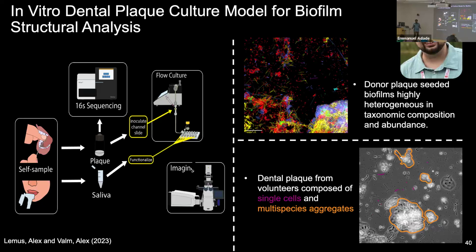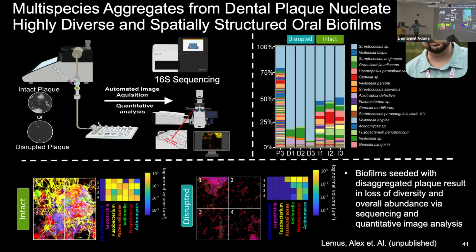And he thinks that those are the things that nucleate these larger diverse communities. So he has setups where he disrupts the communities in the dental plaque. And when he disrupts them, he loses the diversity of microbes. So he thinks that those aggregates are important to nucleating this big architecture of dental plaque, not single cells, as the single species biofilm models predict, but I think that these little baby fragments are the pioneers